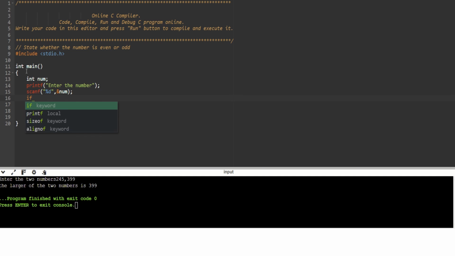So decide if this number modulus 2, sorry, within the round brackets, number modulus 2 is equal to, we use a double equal sign in the if statement because that is the relational operator, is equal to 0. Then we are going to print the number is even,